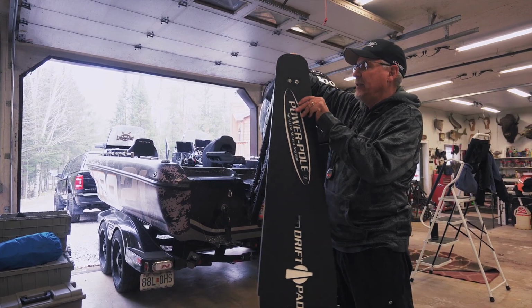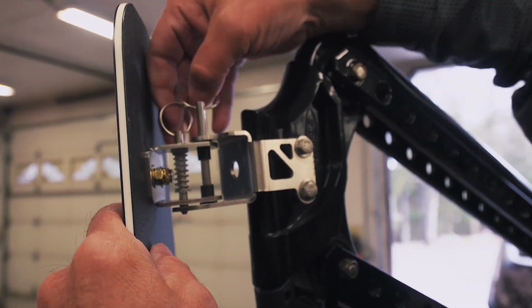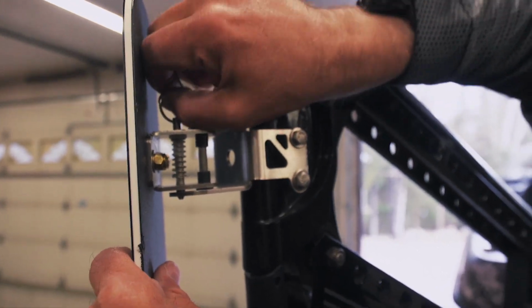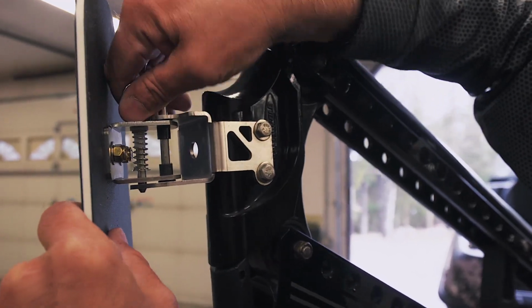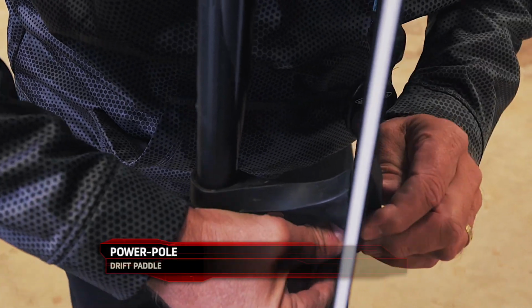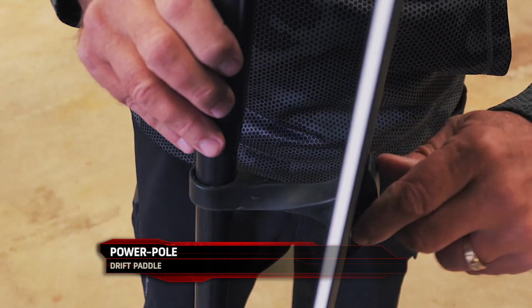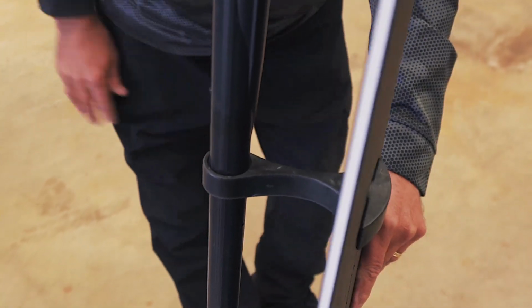Basically, it's easy to install. You have to install the little clip here. But you can imagine trying to get this put together out on a really rough day, leaning over the back of the boat. I just don't do that anymore. It's too dangerous. And then you just install the rubber grommets right through here. You just have to pop those in place. When you're done with that,